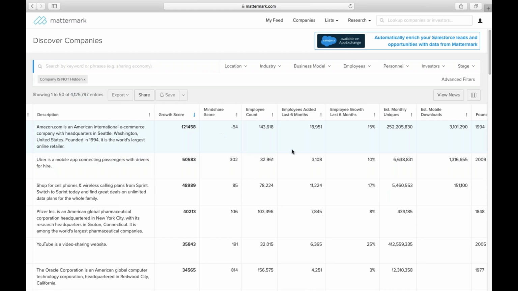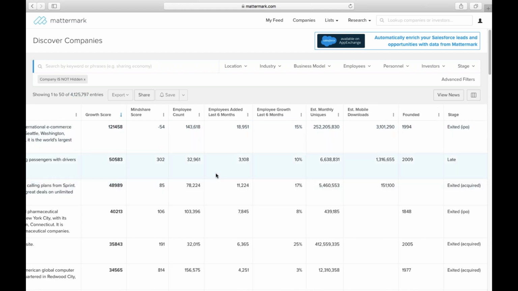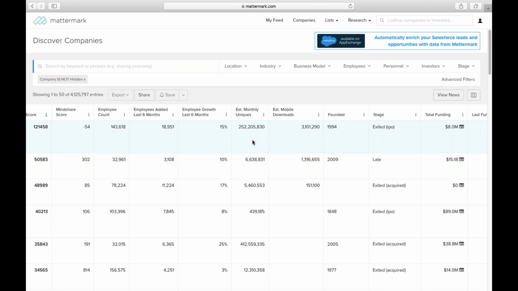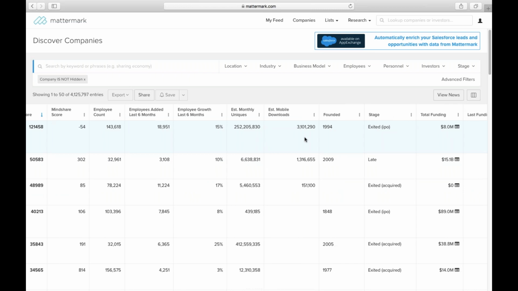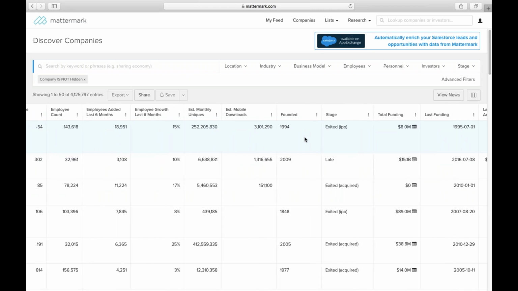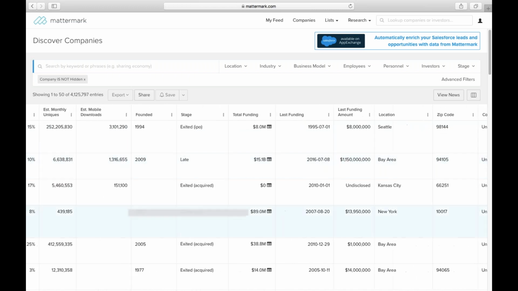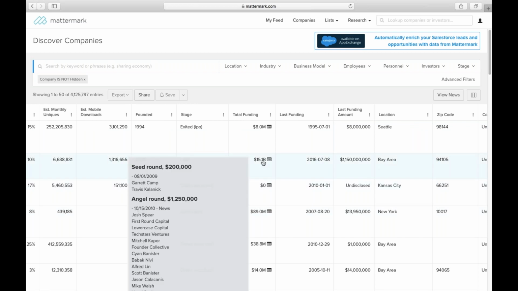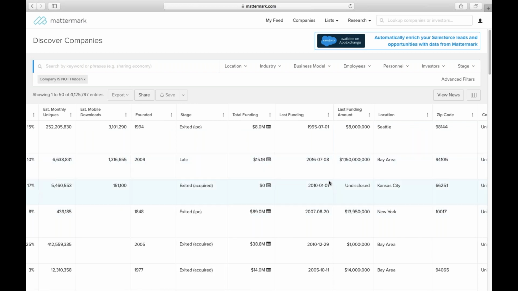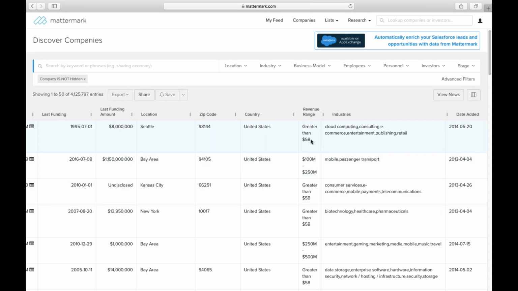A couple of scores here. Your current employee count, how the employee count has changed over time, any engagement online from unique web traffic on a monthly basis to mobile downloads. We also track social media, Twitter, Facebook, and LinkedIn, mentions, followers, etc. And the year founded as well as geography. We'll also track every round of capital along with every investor who has participated in that round. And then finally, we'll round things out with a revenue estimation, more specific geographic information, as well as industries